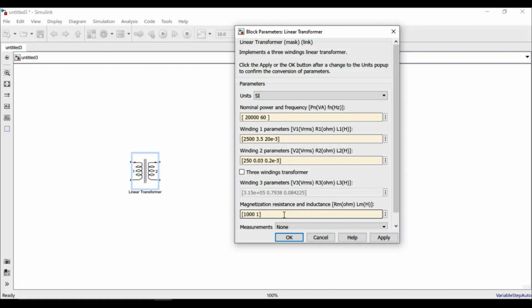So these are my initial values, and these resistance and reactance values we will be calculating through our short circuit characteristics. If the calculated values come out to be equal to these values, then we can say that our calculations are verified. So let's proceed.